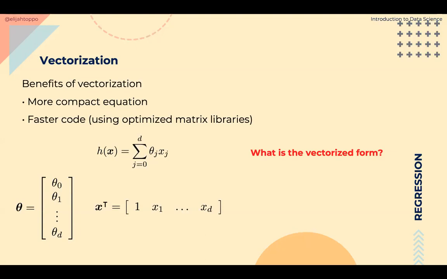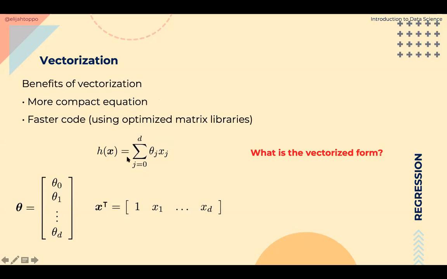Here we look at several different forms of optimization. First, we look at this equation. This is our hypothesis function. That means if you give different values of x, x1, x2, x3, and so on, which is our data, and we have the learned parameters theta 0, theta 1, theta 2, then evaluating theta 0 x0 plus theta 1 x1 plus theta 2 x2, and so on till theta d xd gives us our output. This is our final model that gives us a prediction.